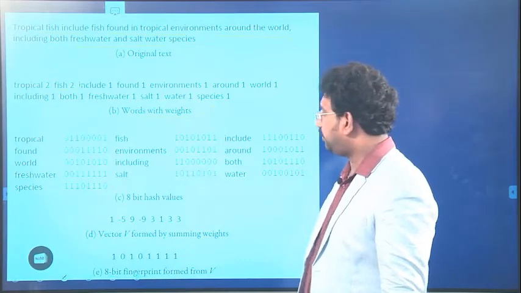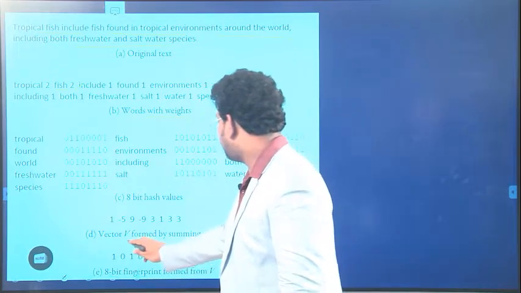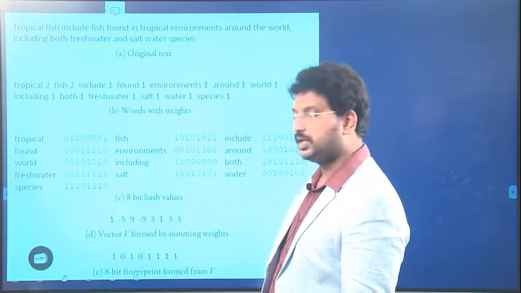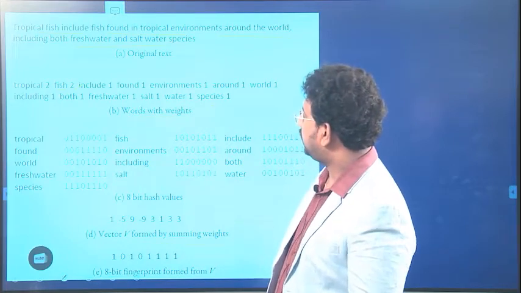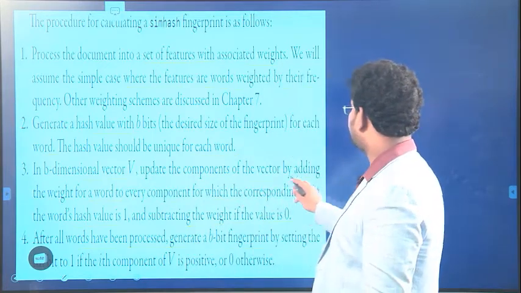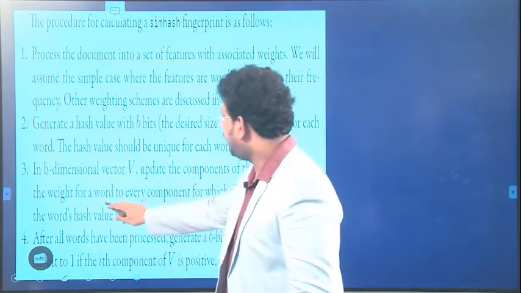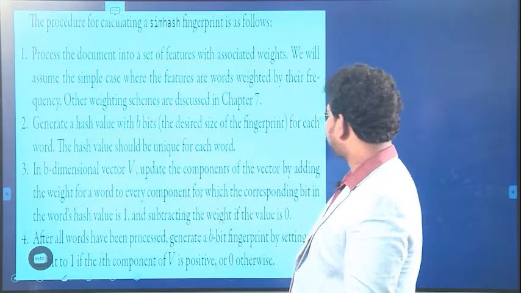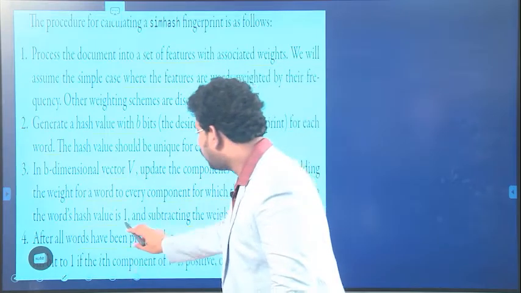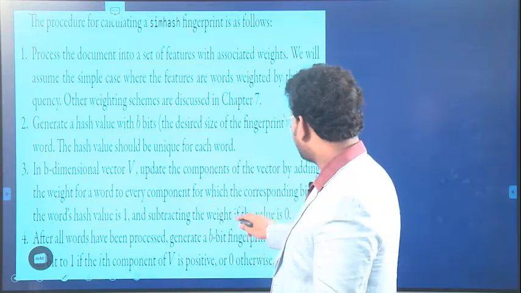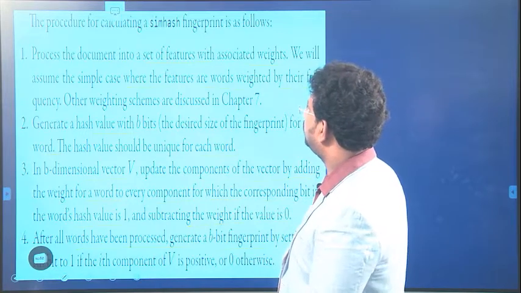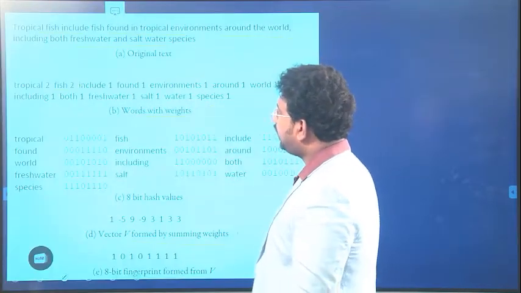And the next, you have to form the vector V by summing the weights. How you are going to give the value by summing the weights, as I told you in the third point. So in the b-dimensional vector, we update the components of the vector by adding the weight for a word to every component for which the word's corresponding bit in the hash value is 1, and subtracting the weight if the value is 0. So what you are going to do here is, you will have the first